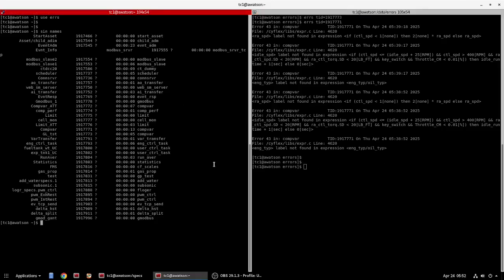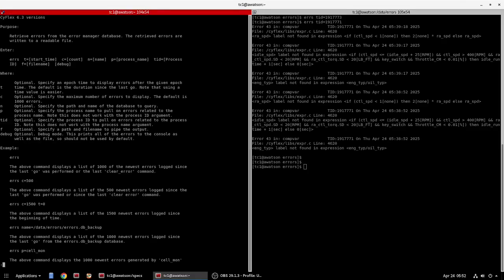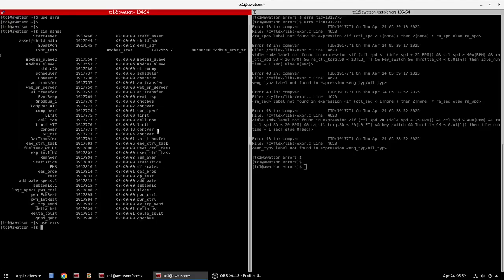Okay, so what else? The f argument. F is to specify a path and file name to pipe the output. This is where I'm going to let you in on an under-the-covers secret of what's happening when you type errs. I mentioned earlier that it's calling another program. That program is get